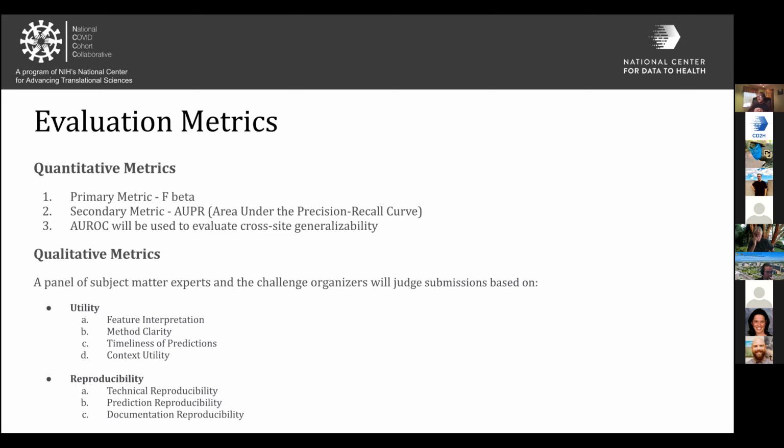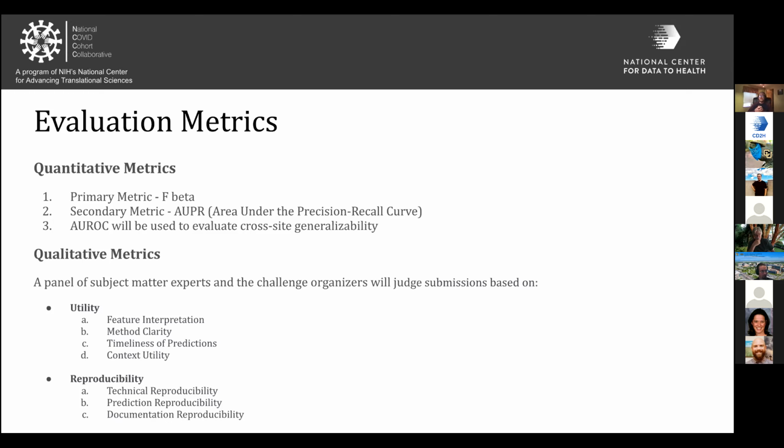And then also context utility. From those tasks, you can imagine we're looking at 2 different clinical settings that we'd like to see if we can get these models implemented in. One would be in an outpatient environment, and another would be in a hospital setting. And so we're going to evaluate that as best as we can in the enclave by limiting what data is available to models and seeing which ones perform better under these specific contexts.